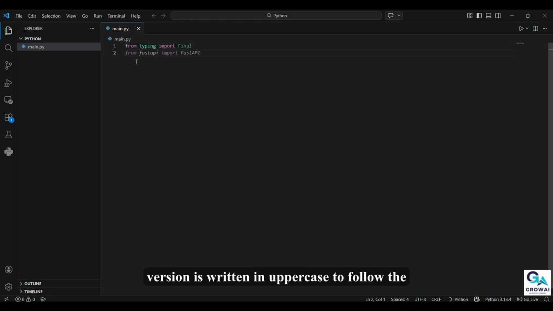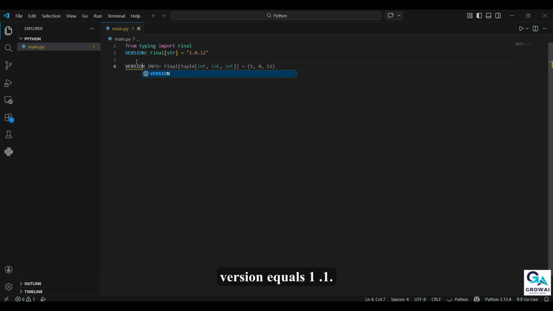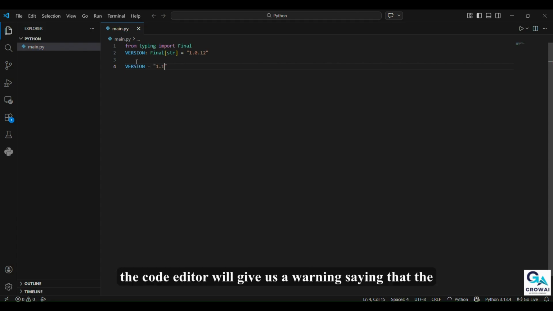Here, VERSION is written in uppercase to follow the constant naming convention. The annotation Final[str] indicates that this variable should not be reassigned. Even without the type annotation, developers often understand that uppercase variables represent constants. However, Python itself does not strictly prevent the value from being changed. For example, VERSION = 1.1. If we are using the Final type annotation, the code editor